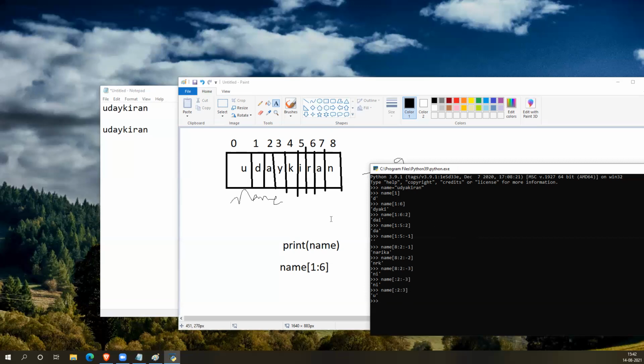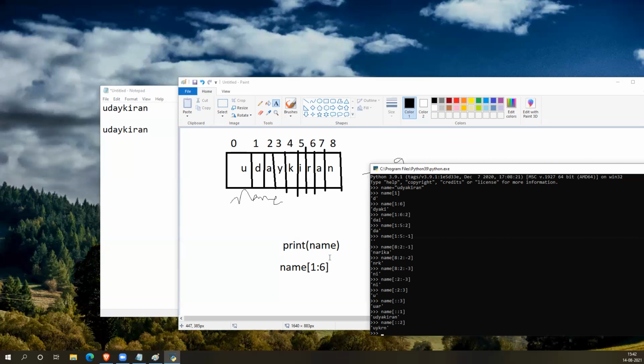Similarly, you can keep the end optional also. If you don't provide start and end, it will be 0 to 8 completely. So with three as the step size, the characters are printed with every third index. Let me keep the step size as 1. You see everything got printed.